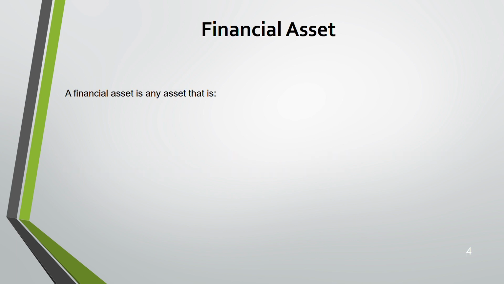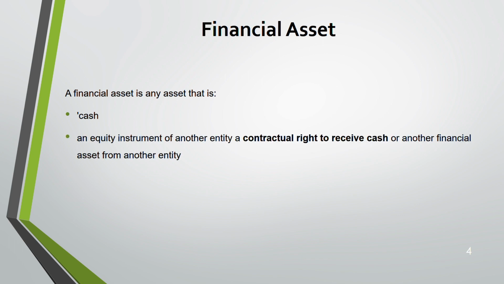So you need to know the definition of financial asset and financial liability. What is a financial asset? A financial asset is any asset that is cash. The word financial means to do with finance, to do with cash. Cash, or any equity instrument